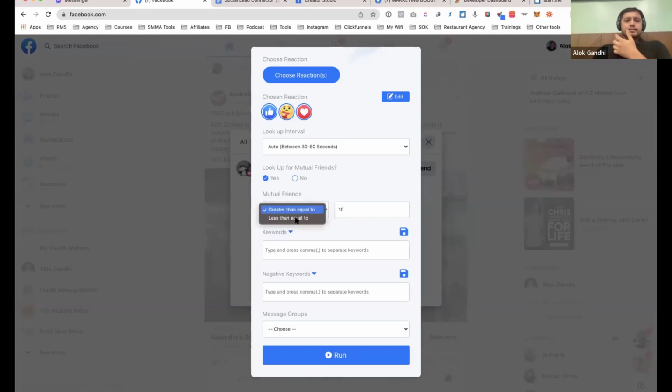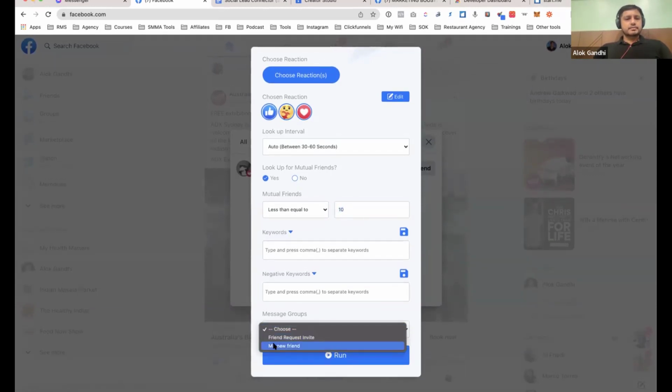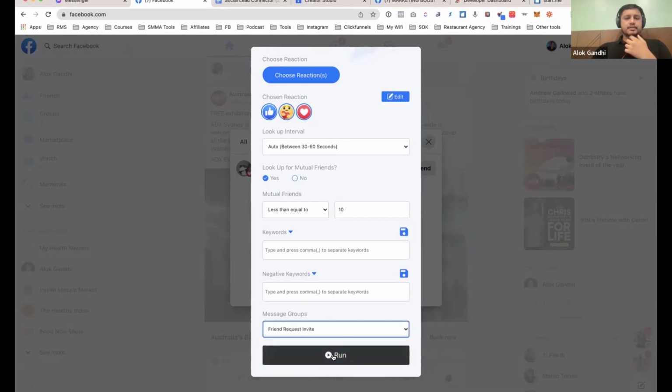Now, if for whatever reason you want to do less than or equal to this many friend requests, you would click on this and select that, and you can also use that piece here. And again, you can put the keywords here, and here also you can select the group. Hey, I just noticed you liked an ad from whatever, like you set up your segments and groups previously, before you start adding people from an ad. But let's say you have another group created for people who you start adding from an ad. You select that group here. Let's say it was this, and then you start running.